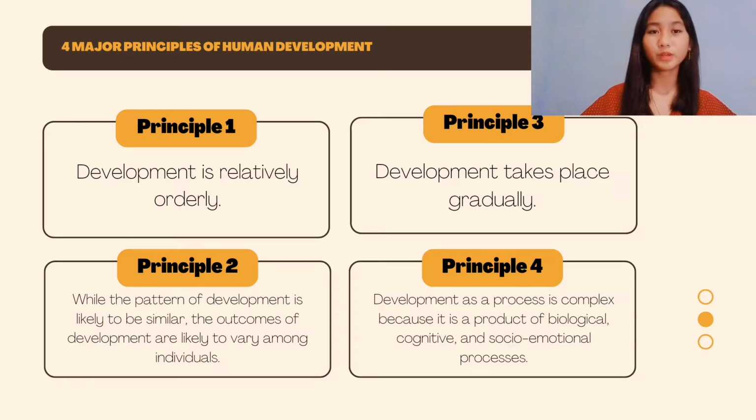Now, for the principle number 3, it says that development takes place gradually. What gradually means? It simply means that it will not happen in just a snap of a finger. Halimbawa, pagkasilang ng bata, hindi mo pwedeng i-expect na kinabukasan marunong na siyang mag-crawl. And halimbawa, yung grade 1 naman, grade 1 lang, hindi natin pwedeng expect na matutunan niya agad ang mag-solve